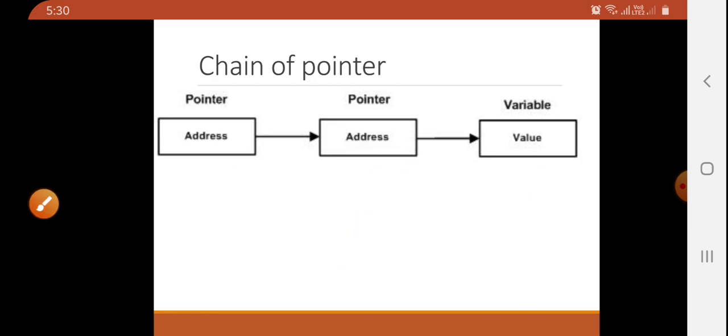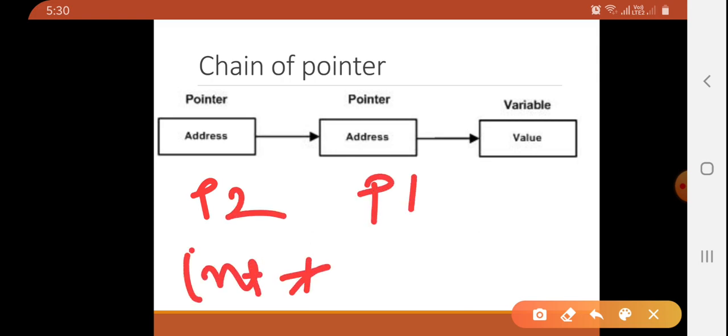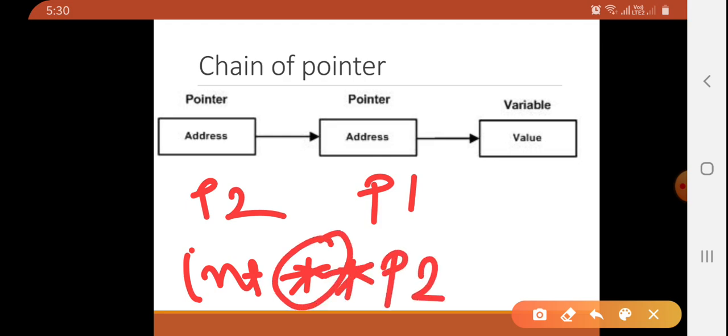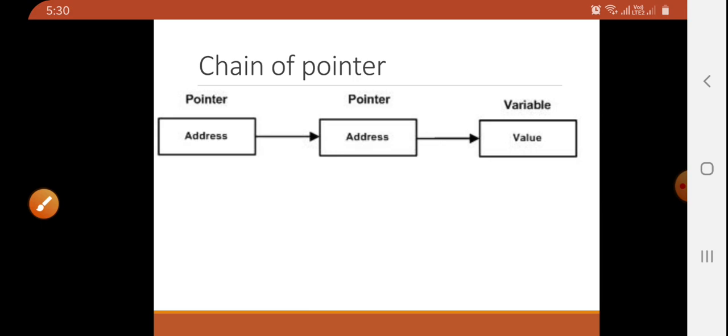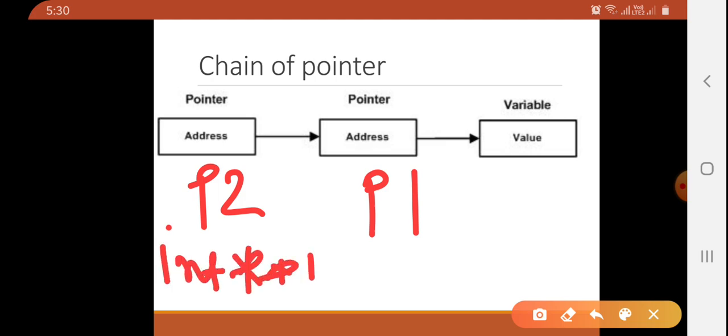In order to store the address of p1 in p2, we have to declare int **p2. So we need an additional dereference operator. This declaration tells the compiler that p2 is a pointer variable that points to another pointer variable of type integer, because we have declared int **p2.